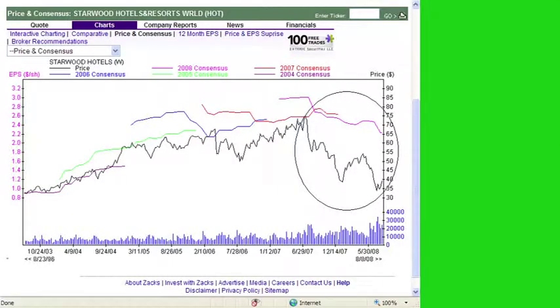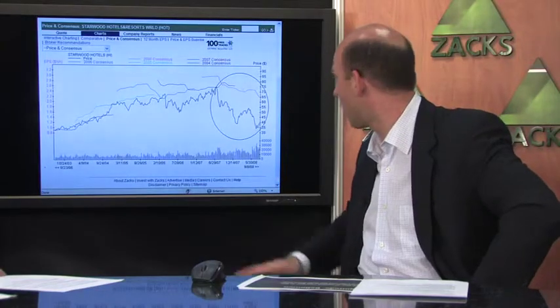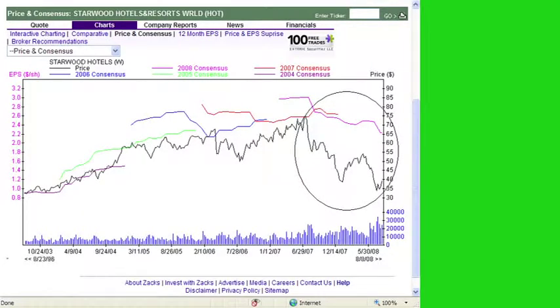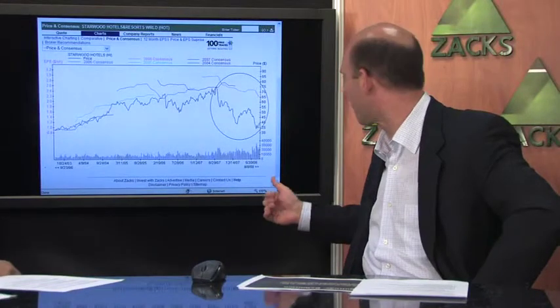And let's take a look at our friend Starwood Hotels, which is showing us quite the opposite. So you go all the way back to 2003, you see there are periods that the earnings estimates are going up for the firm, and sure enough, the stock price is going up as well. If we flash forward to the more recent information, I've kind of highlighted that area. Earnings estimates in about the middle of 2007 started to go down and continue to go down for a period of time. And look what happened with the stock price.